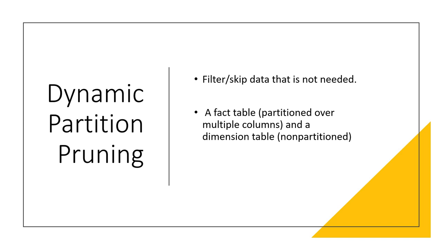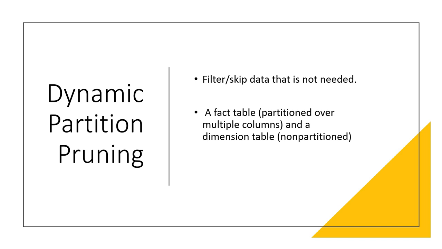So in my previous videos, I spoke about performance optimization and we looked at how shuffles are going to affect our performance. If there is too much data shuffle, the performance is going to get hit and the job is going to take long. So what we need to do is reduce the data that is getting shuffled across the network. One way of doing that is partition pruning. What that means is we are going to filter or skip the data that we do not need. So we are going to shuffle the minimum possible data across the network.